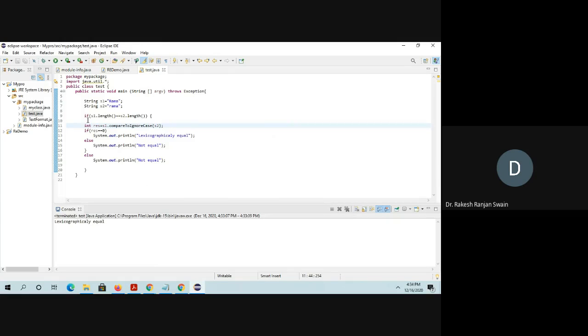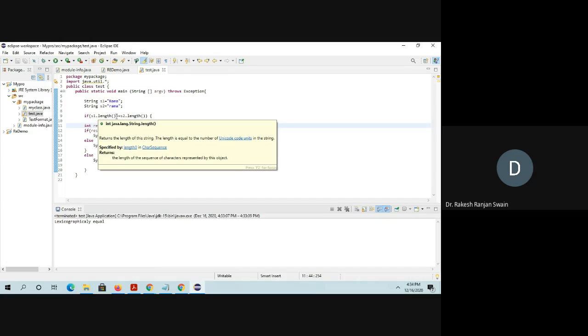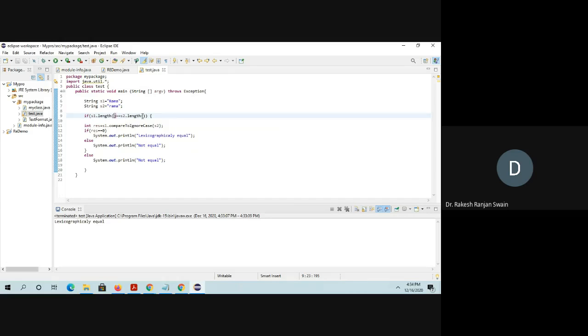See, for this if condition, first it checks S1.length equals S2.length. If the lengths are equal, then all these statements execute because they are in this block. The if starts here and ends here. Then here I have written an else. This else is for this if.